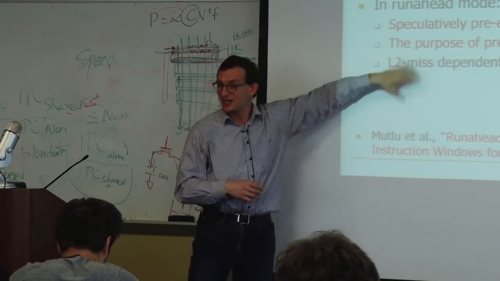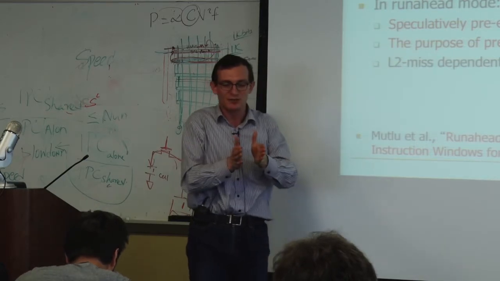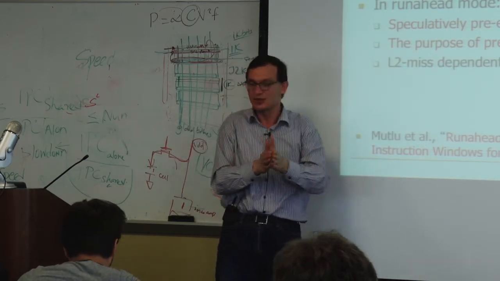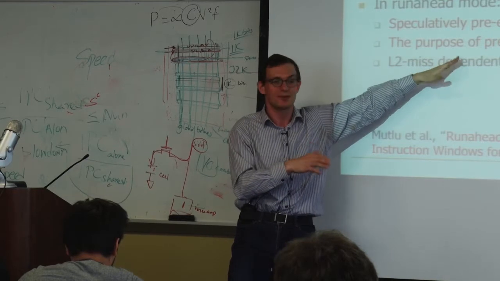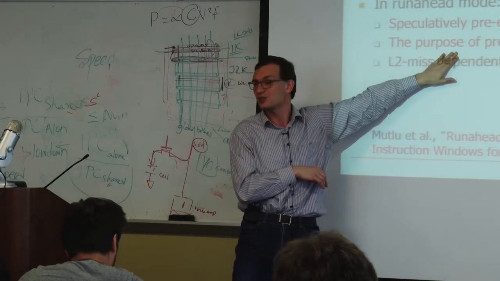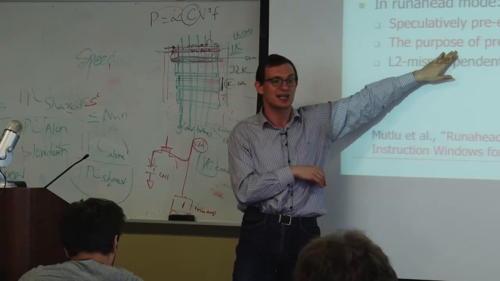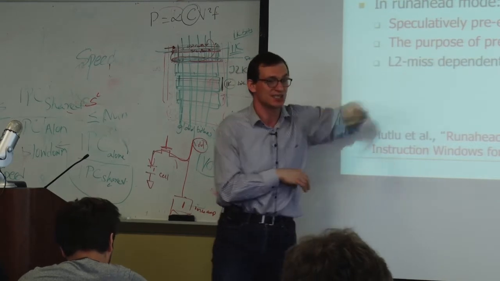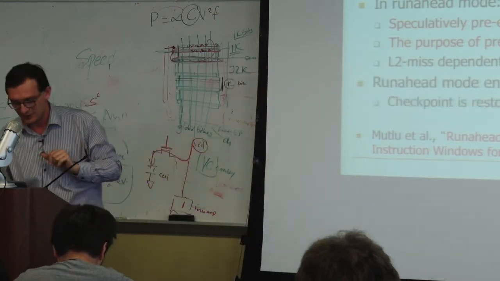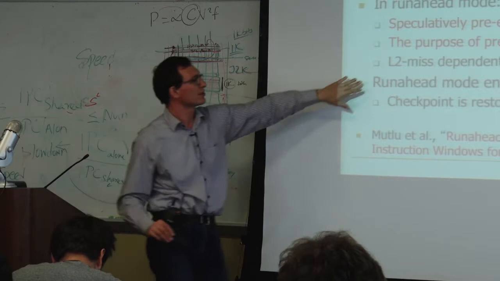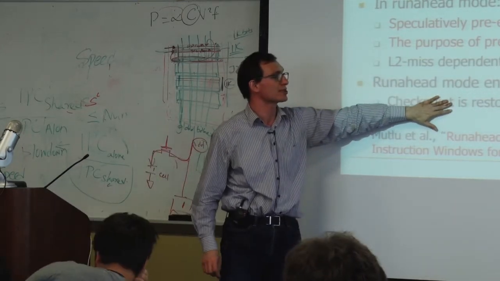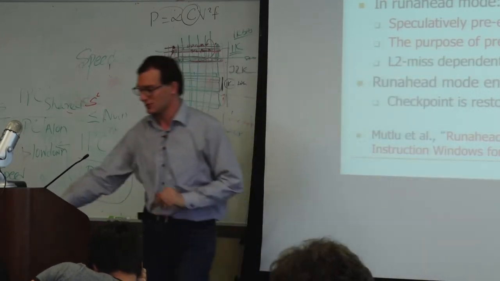In this mode, if you have a small window, you cannot add more instructions into the window unless you get some of them out of the window. And that's how run-ahead execution gets instructions out of the window. It drops the instructions that are dependent on cache misses. Right. And when the original miss returns, run-ahead execution restores the checkpoint and resumes normal execution.